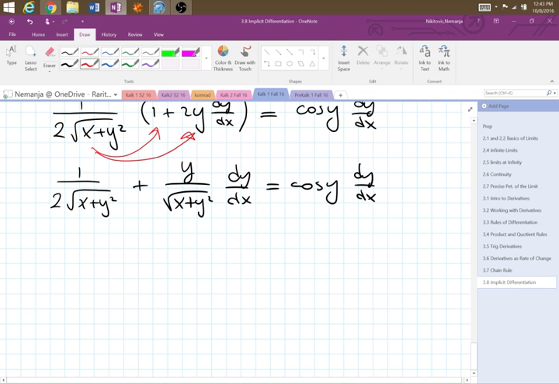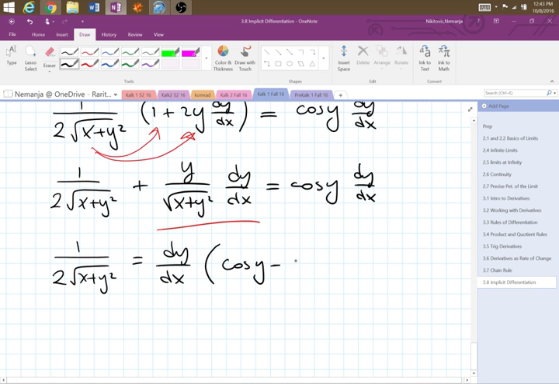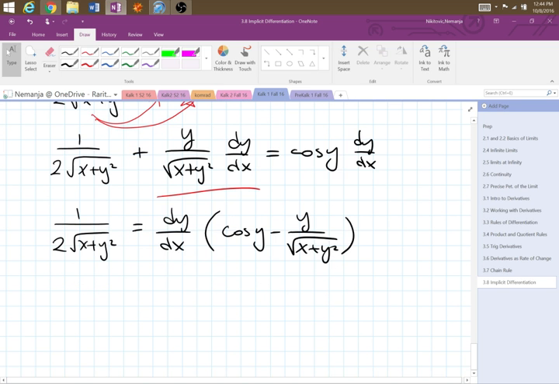Oh, it's faster if I just move this term to the right. Factor out dy/dx. And dy/dx is equal to